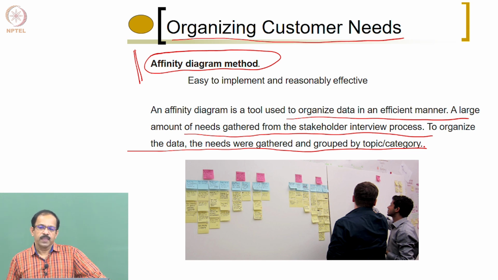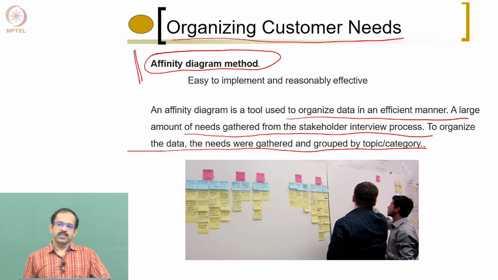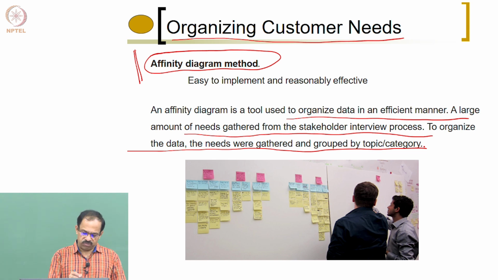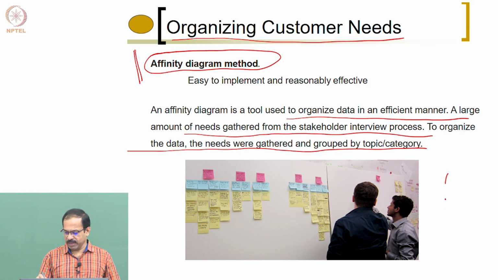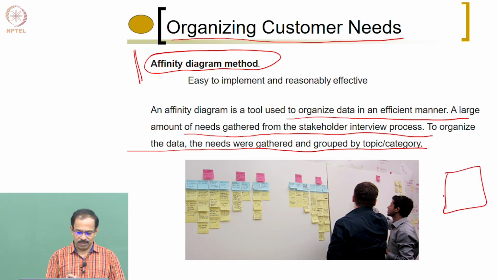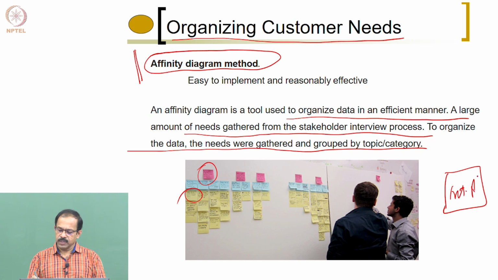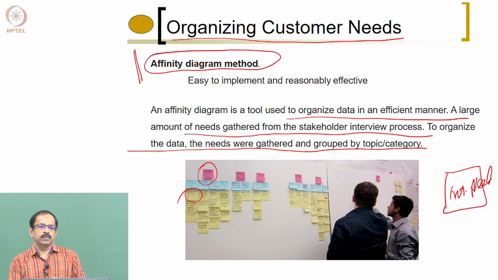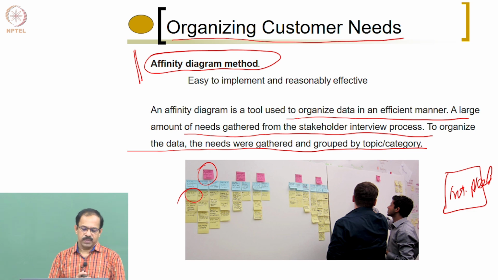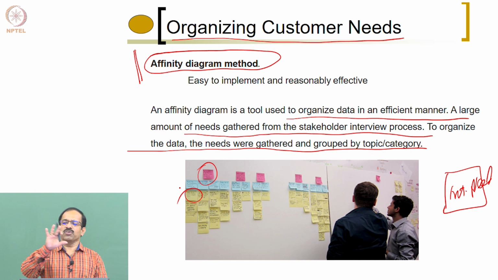So what we do, all the needs you identify, you write it in a post-it pad. The post-it pad is something like a yellow or different color, what you can see here. These are known as the post-it pads. So for each customer, you write the identified, interpreted needs into this yellow post-it pad. And then you start using a whiteboard, you start sticking these onto the boards.